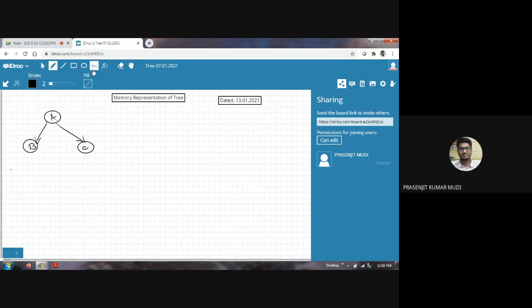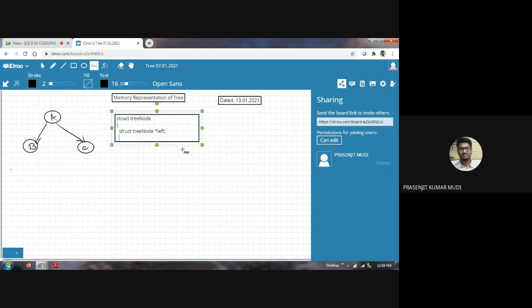So from this picture, the structure definition of each node in a binary tree should be defined like this: struct tree node, with a struct tree node star left pointer, then some data part.